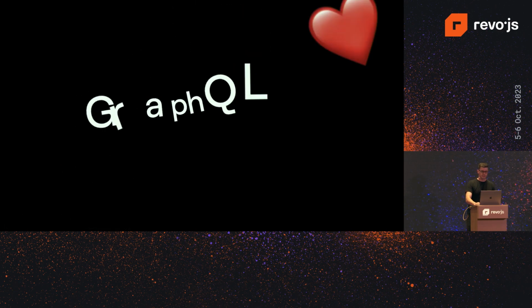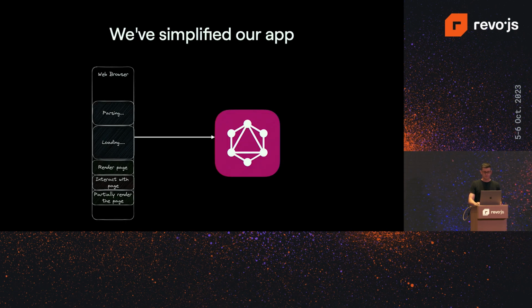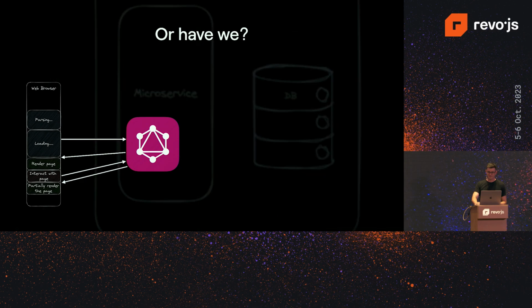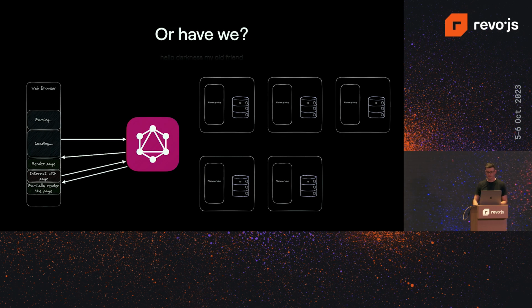So the good people at Facebook, because they faced all these problems, came up with this new API, which is GraphQL, which is really amazing. So it kind of solves a lot of these problems, because now you just make one request to the GraphQL API, the front end gets just the information it needs, and it's really simple, right? We've simplified our app. We can interact with the page, we can create a mutation in GraphQL, everything is great. We fixed web apps. This is the way. But then if you think about it, what does the GraphQL endpoint do? It's just like a proxy to your old friends, the microservices.